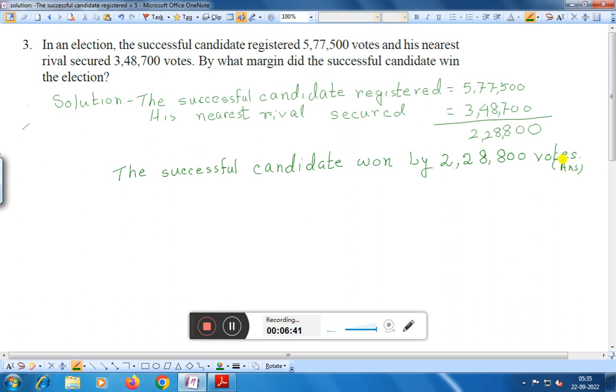Now again I am explaining this one. The successful candidate registered 5,77,500 votes and his nearest rival secured 3,48,700 votes. That means we have to subtract the numbers to get by what margin the successful candidate won the election. Therefore, by subtracting we are getting 2,28,800. Therefore the successful candidate won by